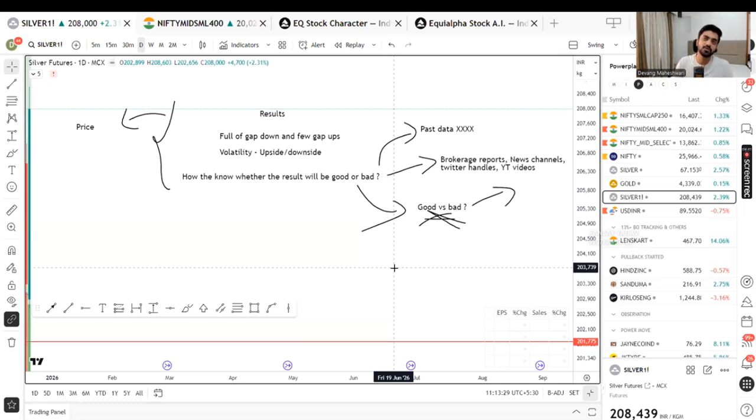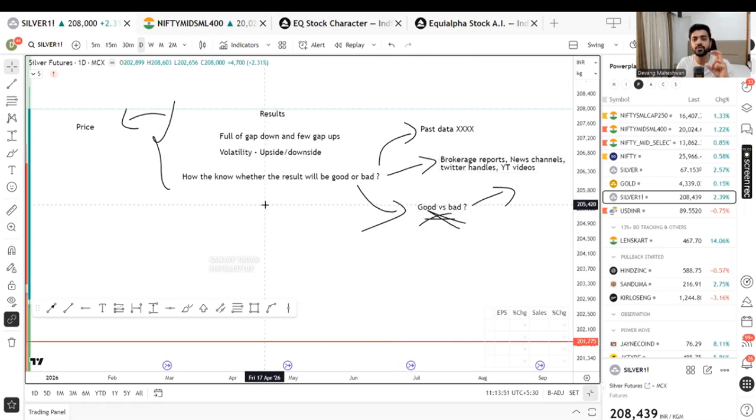If a company was making a loss for 4 quarters and now it is showing some profit, it is good for the company. If some company was growing at 100% and then comes 60%, it may be bad because the growth is slowing. So increase in growth, slowdown in growth. Now how much increase, how much slowdown? Too many variables to work with.